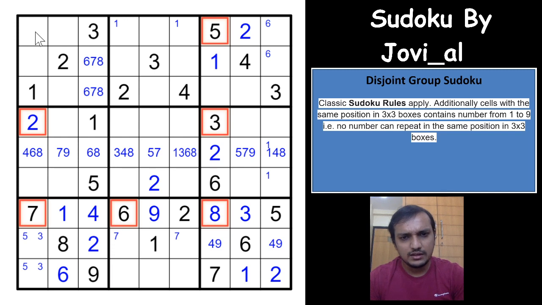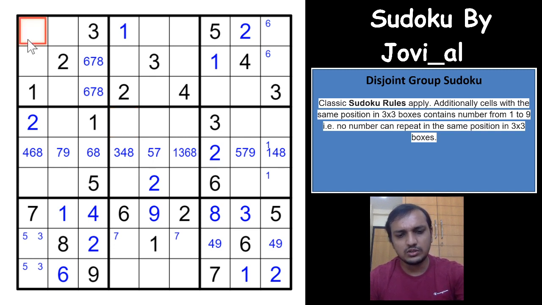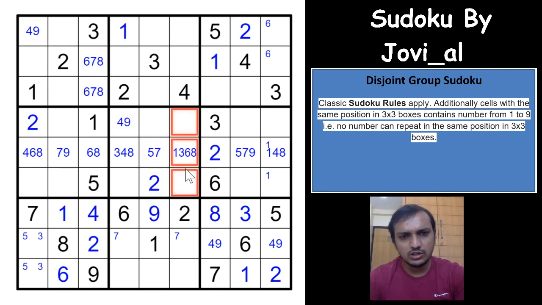So 1 cannot be here. 1 cannot be here. This would have to be 1. That's nice. I think so. That was the intended logic here. 4 and 9 in one of these two cells, right? Do we get anything with that? No. So we can just mark the center pencil marks here for 4 and 9 pair here, and that one gives you a 1 in one of these two cells, right? So corner pencil marks for 1. Okay, so that was helpful actually.